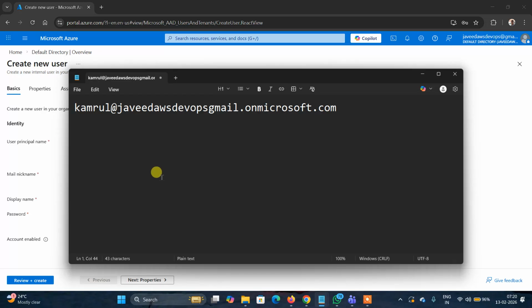Yes, see this, how it is created. Kamrul at the rate of Java Email, the AWS Gmail dot on Microsoft.com. So then